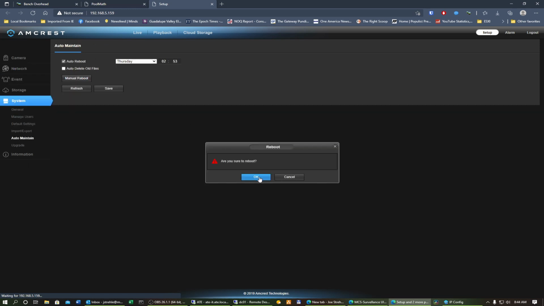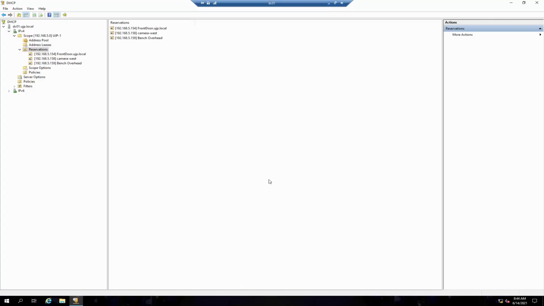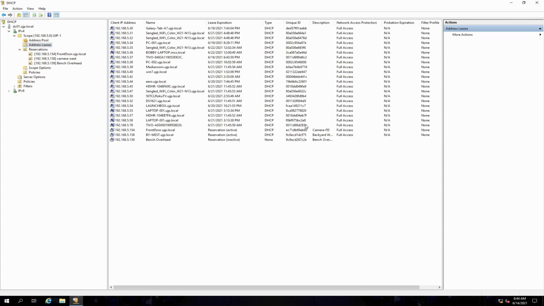And let's do a manual reboot on that camera. And we'll give it a minute to reboot. Come back to our domain controller here. Go to our address leases. And we'll wait for the camera to reboot. Go ahead and refresh. And its name is overhead_bench.ujp.local. So it's got a reservation now, and that means every time it reboots, it'll get that same IP address